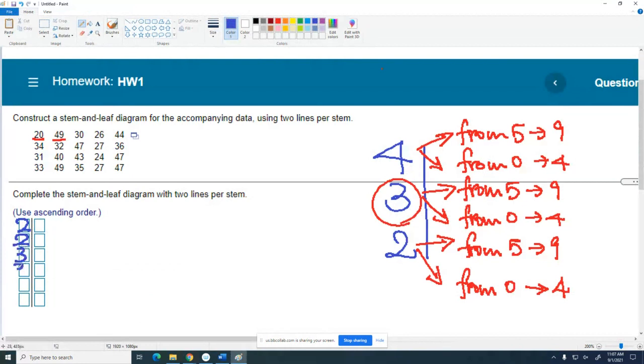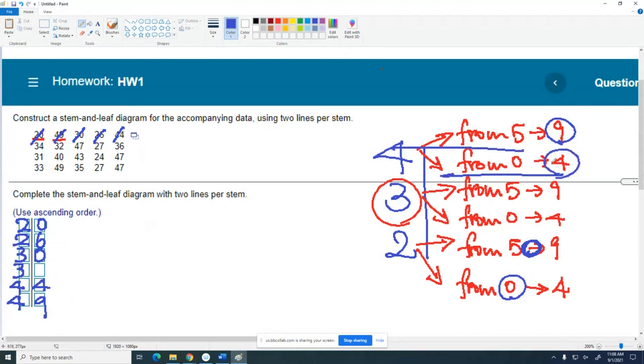But actually, the ascending order means 2, 2, 3, 3, 4, and 4. And now I can plug in the leaf for each. The very first one is a 20, yep, this one. 49 here. 30, 26, yep, 6 must be the next one, right? And 44 is up to 4. And 34,